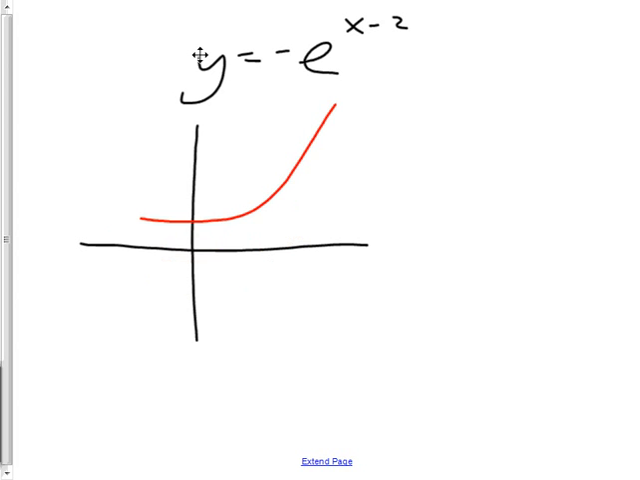Then the negative here, flip like this, and the most common mistake is to go like this and flip it over the axis. So it needs to be